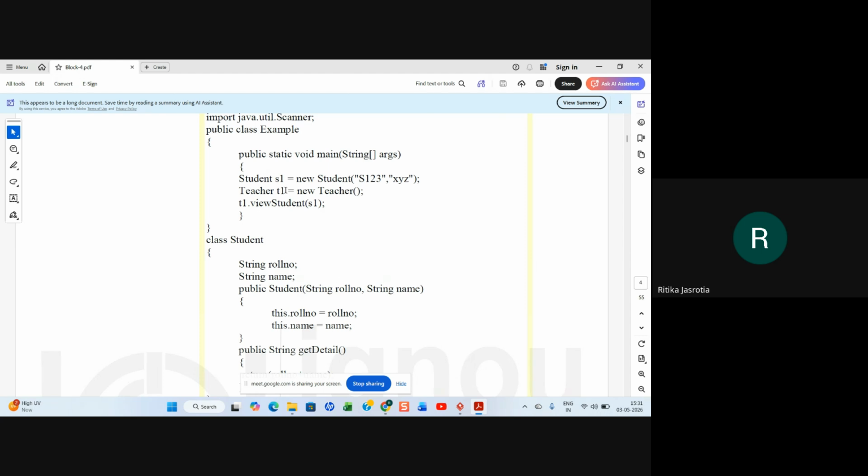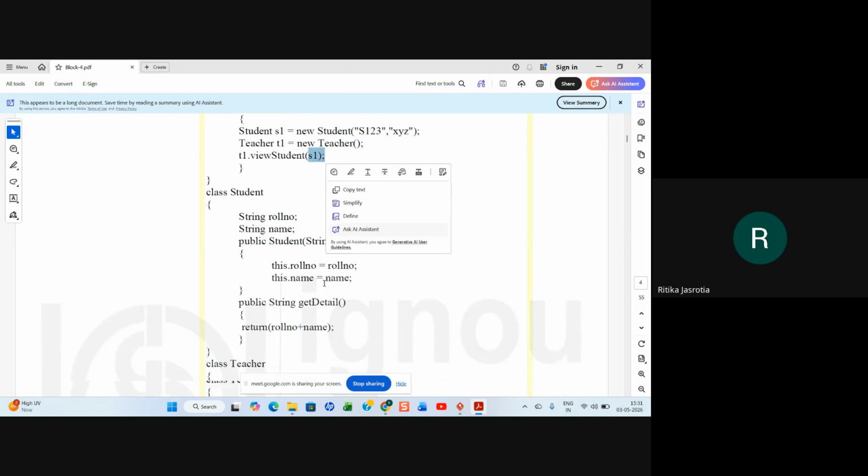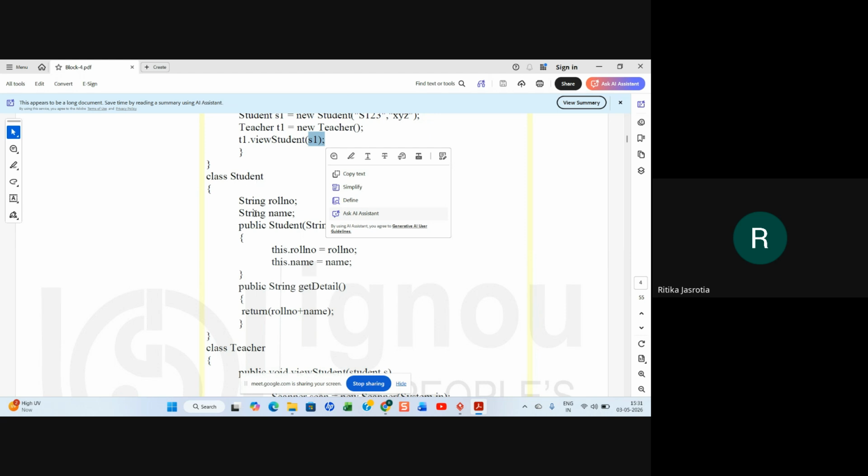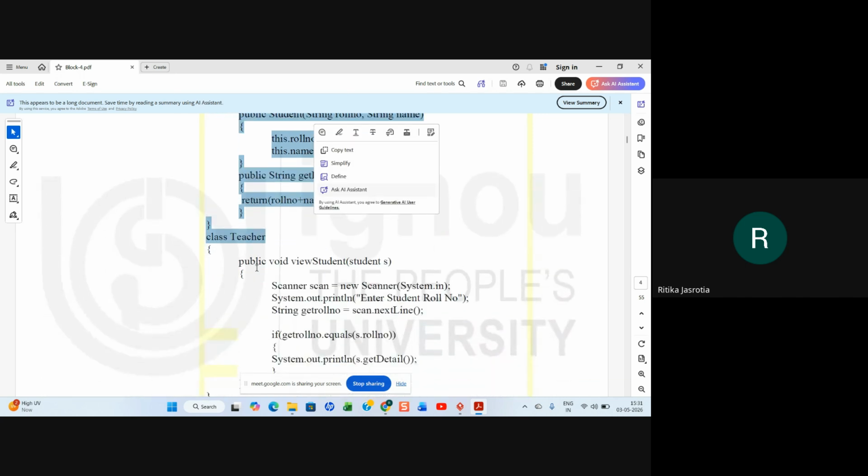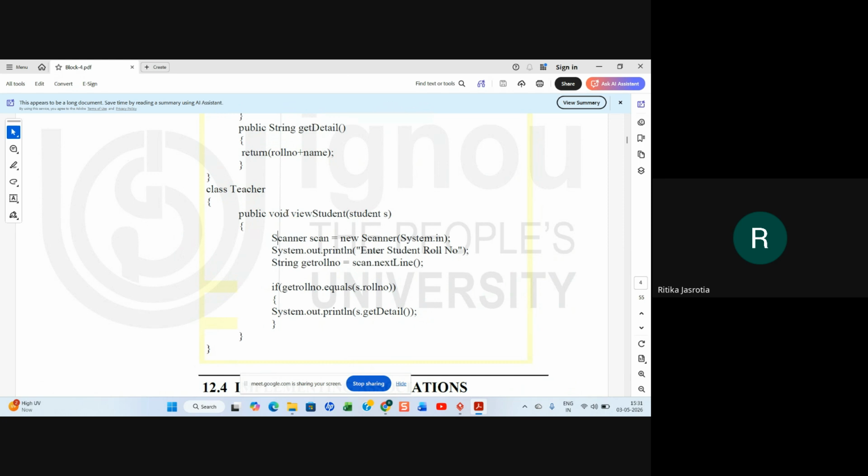Teacher t1, the teacher class object, is created equal to new Teacher. t1.viewStudent, and s1, the object of the student class, is passed to the teacher class here, right? So if you see, this is your class student which you created earlier. Now in the teacher class, what you have done is public void viewStudent, and you are passing the parameter student s here.